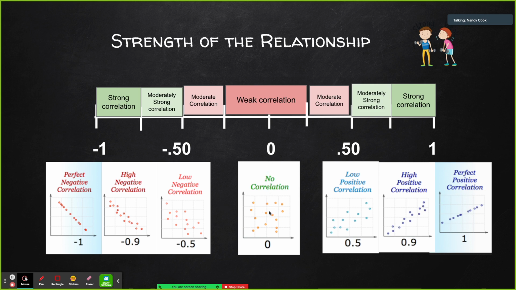So a weak correlation would be 0. And you can see how all of these dots are data points, and they don't have a relationship to each other. They're all over the place. But once they start lining up, then we're starting to see there's a relationship between them. So look at the dots here, they're starting to line up. This is a low positive correlation, 0.5, okay? So it's a positive correlation. A high positive correlation is 0.9, that would be here. A perfect positive correlation would be 1.